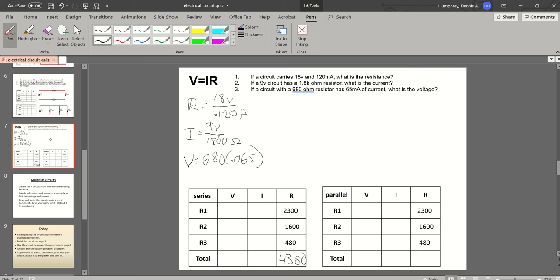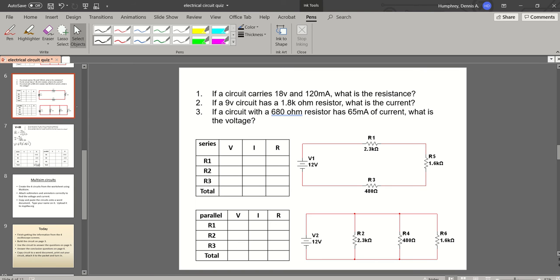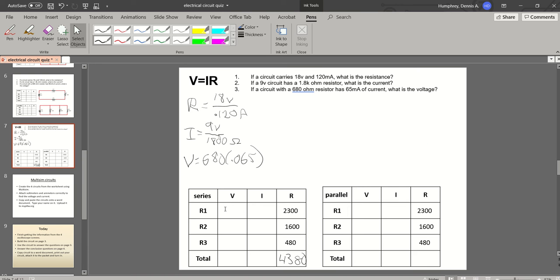If I go back to my circuit up here, it was a 12 volt circuit. So it is just going to be, no, I'm sorry. Geez, that's not right. My total is going to be 12 volts, but my current is going to be my voltage divided by my resistance. So it's going to be 12 volts all over 4,380. So 12 divided by 4380, and I get